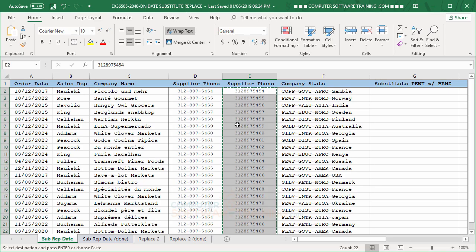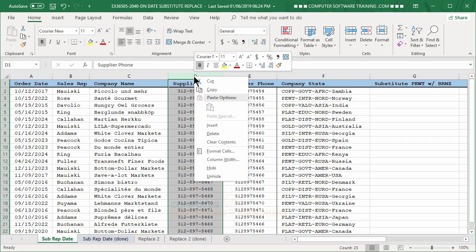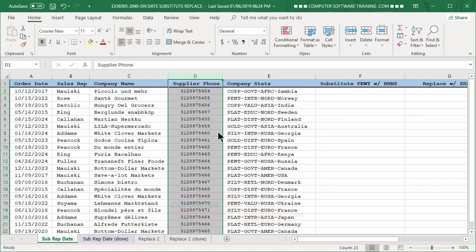And then you can just hit the escape key, and there we go. All right, so then we go over here, do a right click on column D, delete that, and now that takes care of that part. Okay, so now this next one, what I want to do is in column E here, I have a number